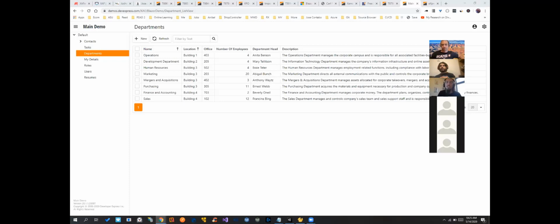XPO is older than XAF, but you couldn't write faster line of business or CRUD type applications with any tool out there.